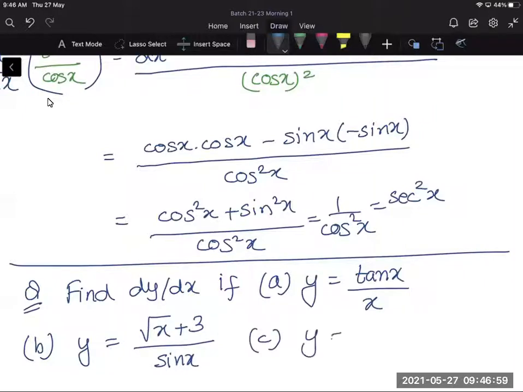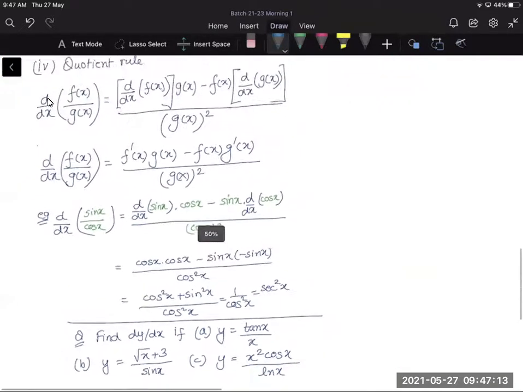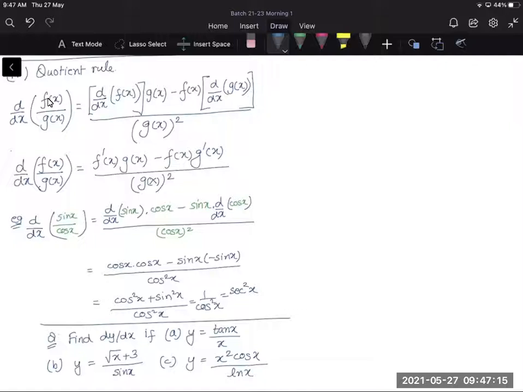And C, y is equal to x square cosine x divided by